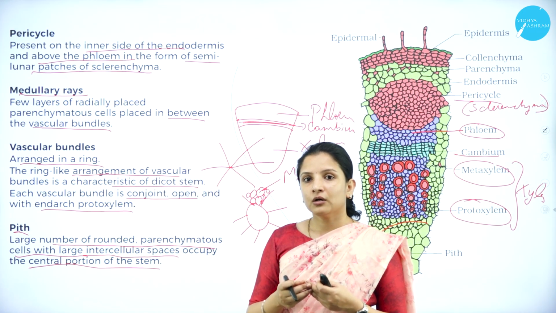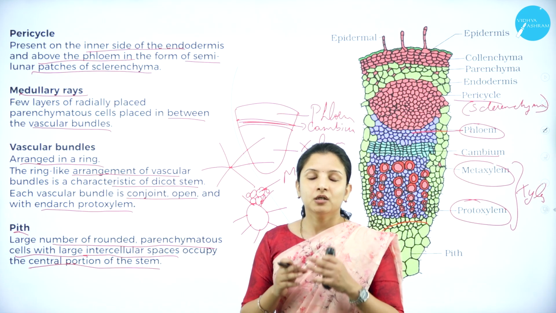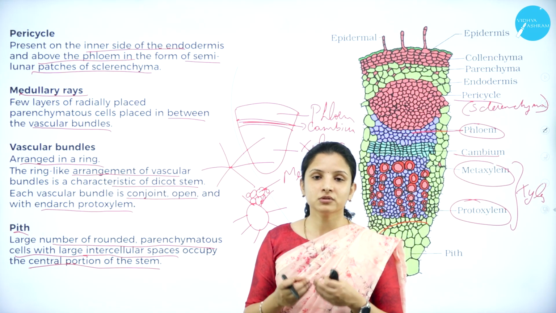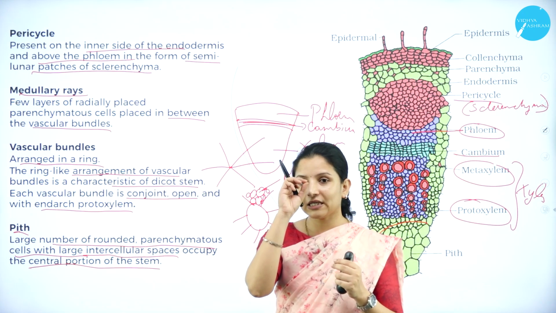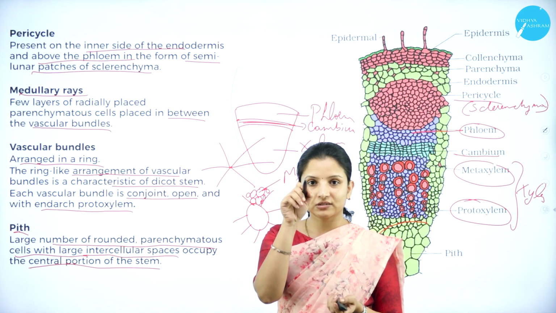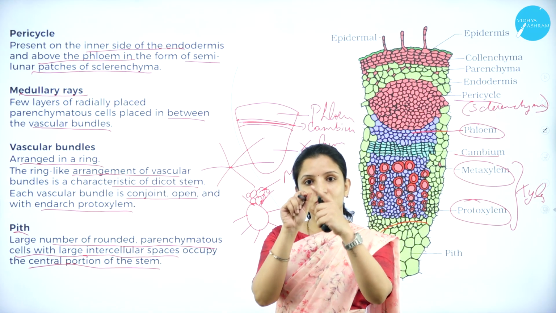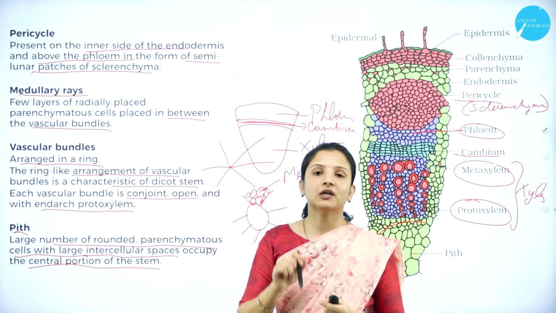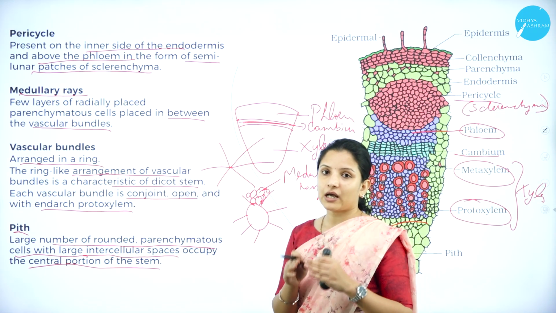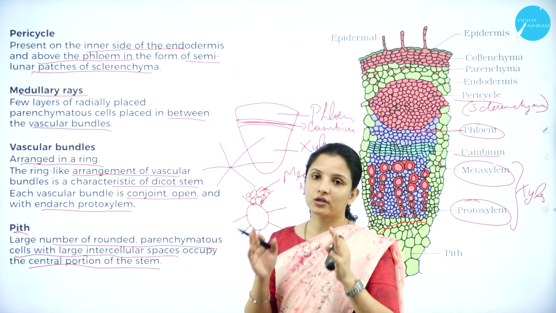And do you know, one interesting factor is that monocots do not have a pith. So if any grass is growing in your house, just break the grass, and you can easily see through it. It looks like a straw, that is, the middle portion of the stem is hollow. There is a hole through which you can see from one end through the other end. Why is it? Because of the absence of the pith. So just by looking at the presence and the absence of the pith, you can easily distinguish whether it is a monocot stem or a dicot stem.